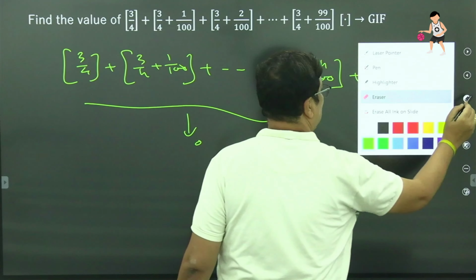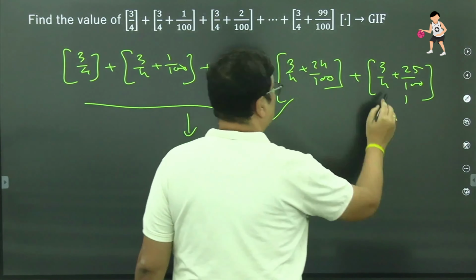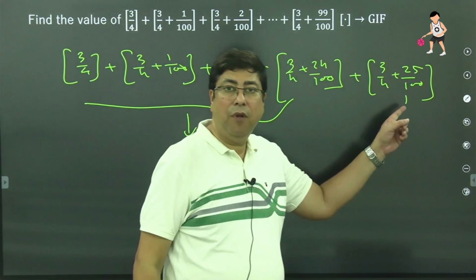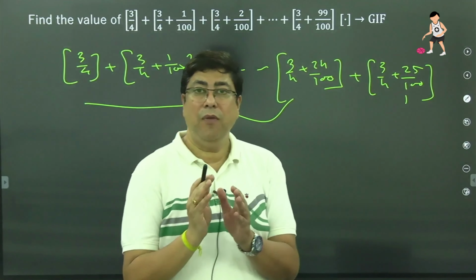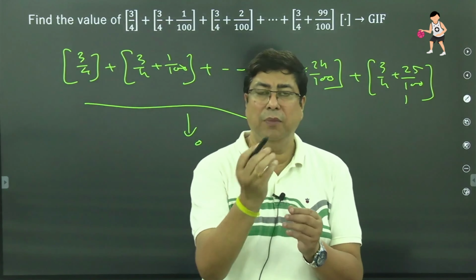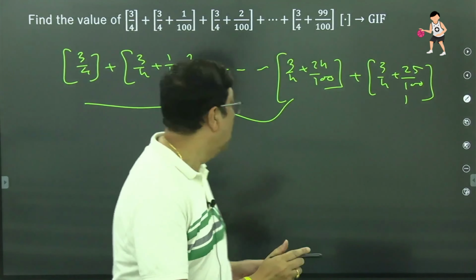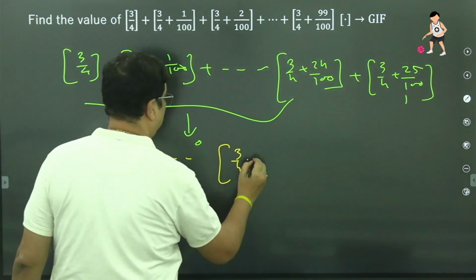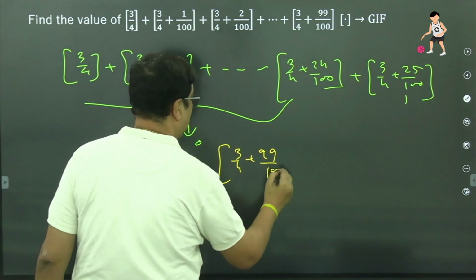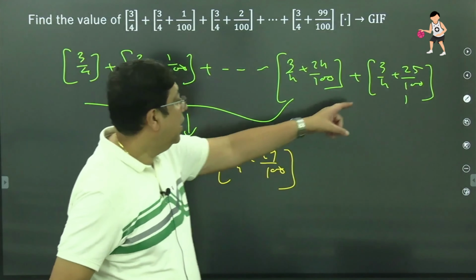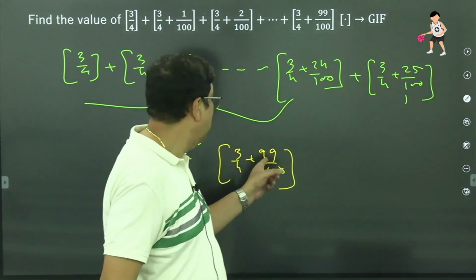We can say 1 starts from here, at 3/4 plus 25/100. So 3/4 plus 26/100 is something more than 1, that is, 1 point something, so its box is 1. Continuing, 3/4 plus 99/100 is still less than 2. Therefore, starting with 25 to 99,